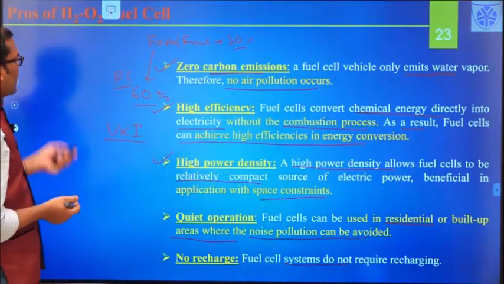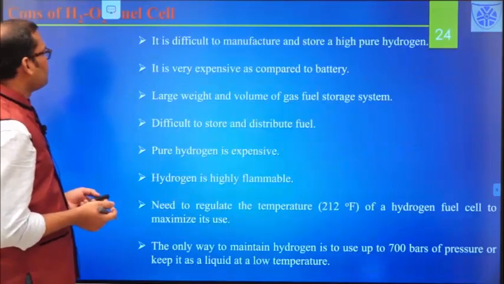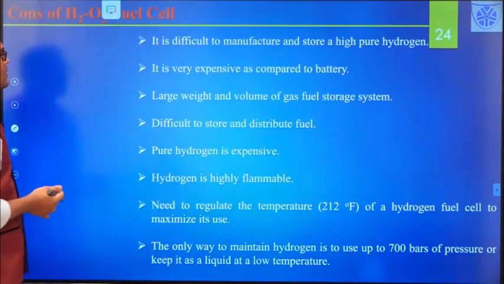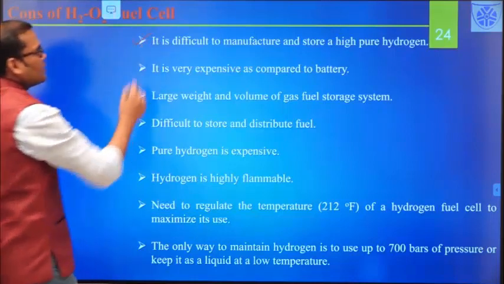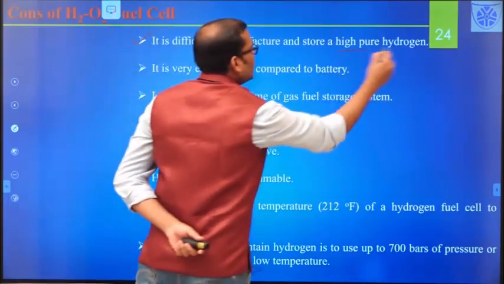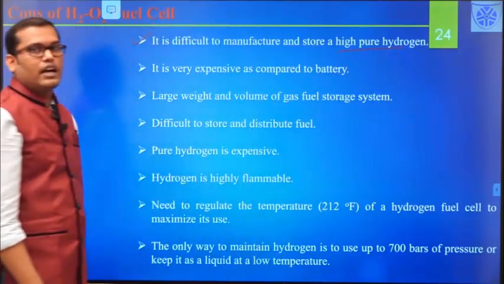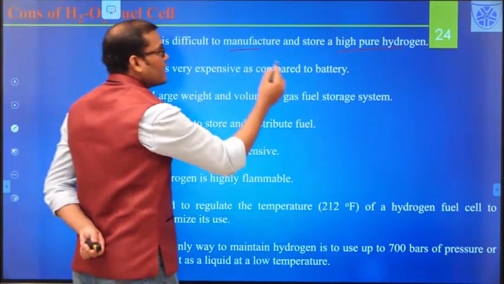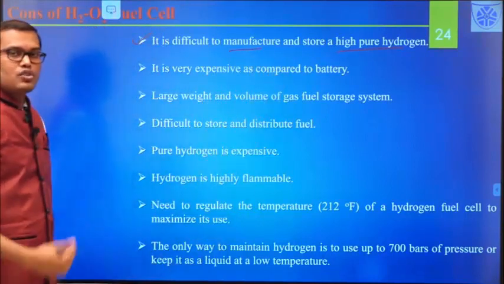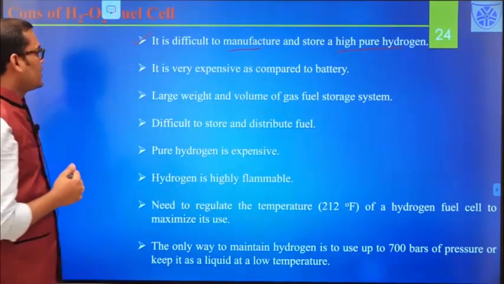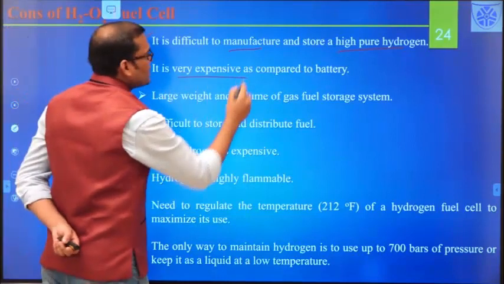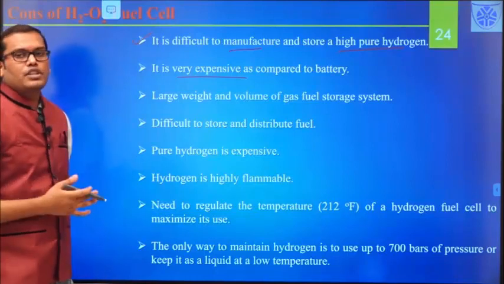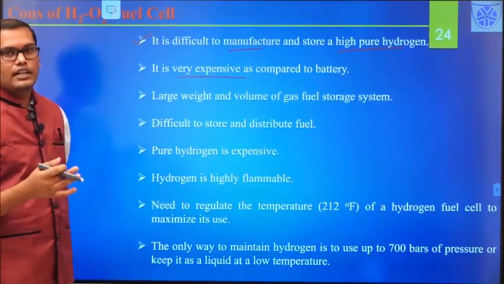So these are the advantages of the hydrogen oxygen fuel cell, and there are some disadvantages also in these types of fuel cell. One of the biggest disadvantages is the storing and manufacturing of highly pure hydrogen. Whatever the hydrogen or fuels you are supplying, it is very difficult to manufacture or get very pure hydrogen, and storing the hydrogen is very challenging. Also, this is very expensive. The fuel cell is very expensive because you are using a lot of costly components, like electrodes, like graphite and all, which are very costly.